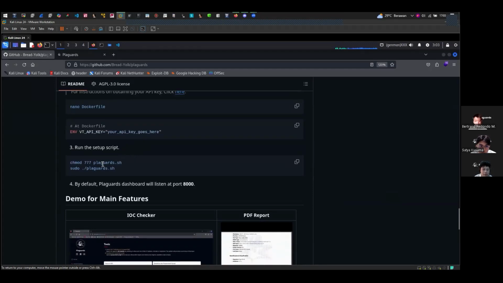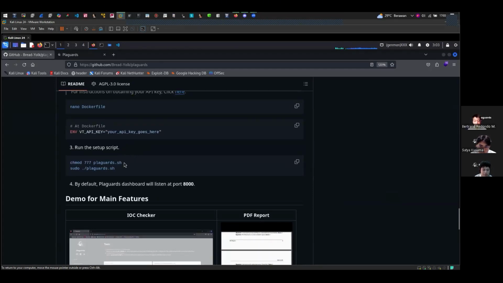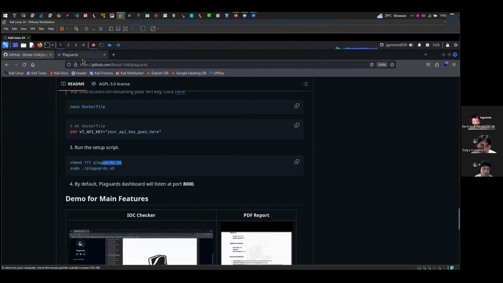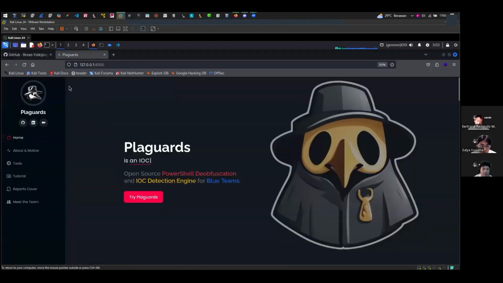Afterwards, you can set the permissions for the PlayGuards script to be readable, writable, and executable. Then you may execute the PlayGuards script with sudo permissions. Once the installation is done, you can access the PlayGuards application at port 8000.